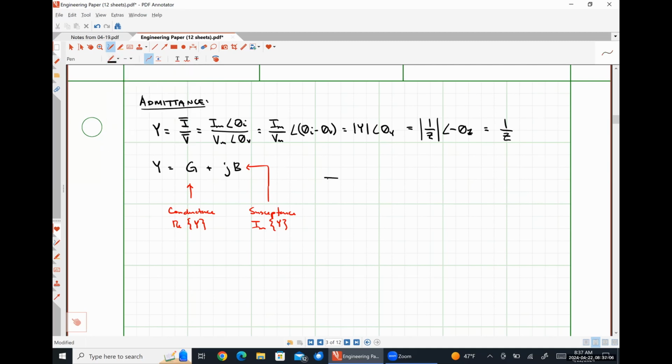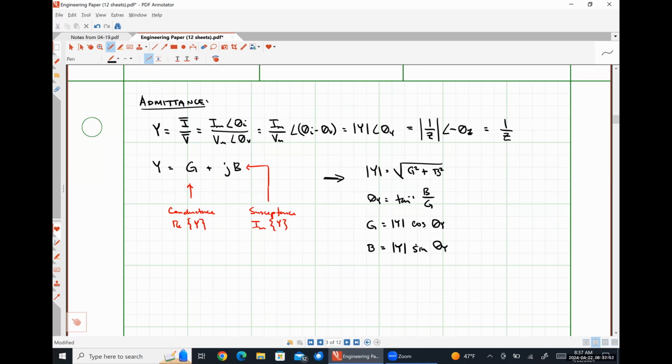And hopefully, obviously, we can go back and forth between the polar form and the rectangular form, much like we did earlier. So the magnitude of Y is just going to be the square root of G squared plus B squared. The phase angle of Y is just going to be the inverse tangent of B over G. G is just going to be the magnitude of Y cosine theta Y, and B will just be the magnitude of Y